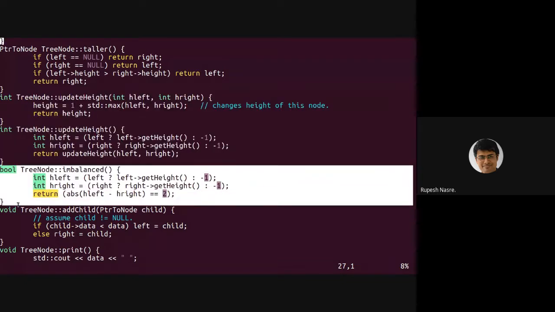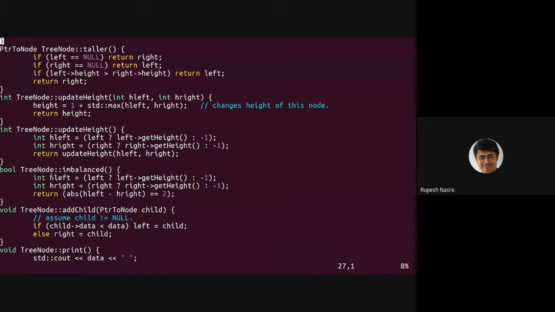Imbalance in the AVL case is rather straightforward. We find out the left height, the right height. And if the absolute difference between the two is exactly 2, we are not saying greater than 1, we are saying it is exactly 2, because in the algorithms that we saw for rotations, we are always tackling the case where the first insert which adds imbalance is the one that gets addressed, and therefore necessarily the height difference becomes 2.